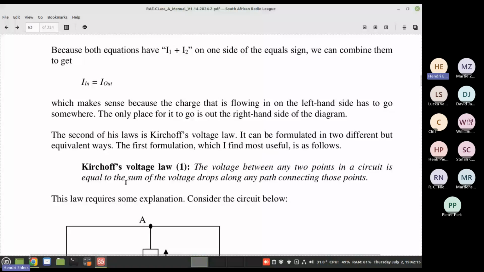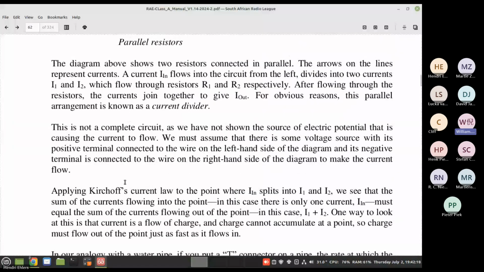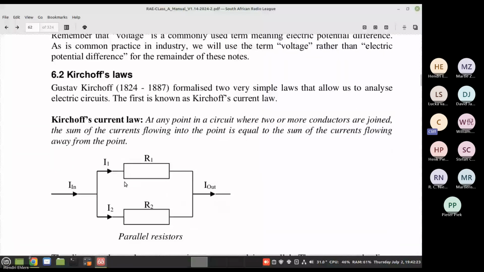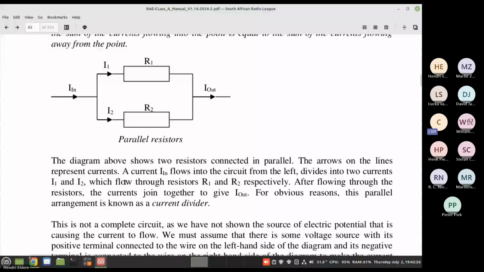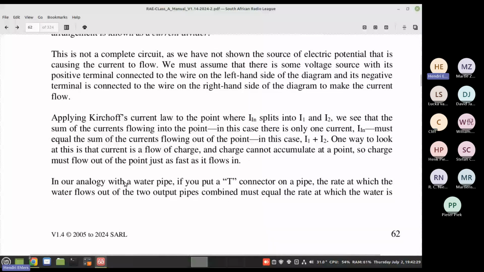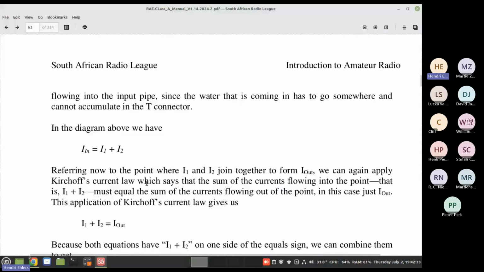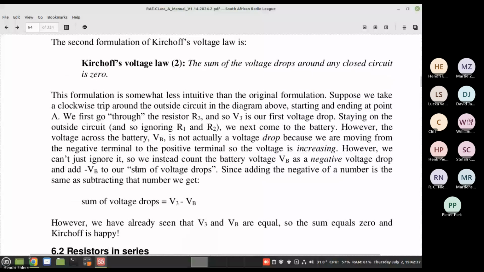That is correct. But now, 6.2. Yeah, just below that diagram, it says it shows two resistors connected in series so that the same current flows through both of them. So that brings me to the answer that I've given. Let's just go back to the answers at the bottom here.